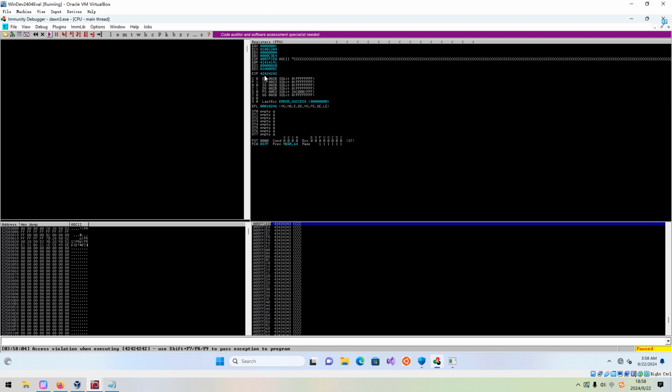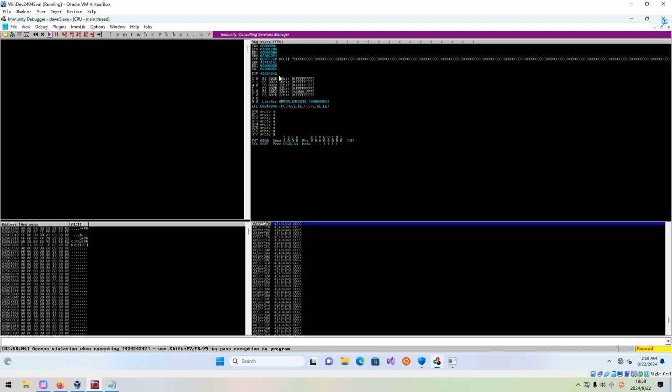42 stands for uppercase B. So now what we are going to do next, we need to save. We need to put our own address into the EIP. The EIP stands for the extended instruction pointer, with which the processor will process the next instruction. So the next major point for us is to find the module that is vulnerable.